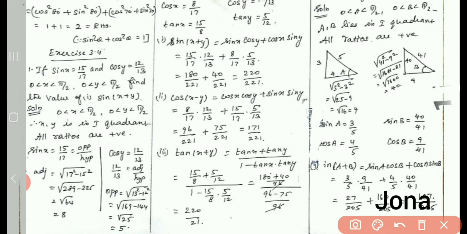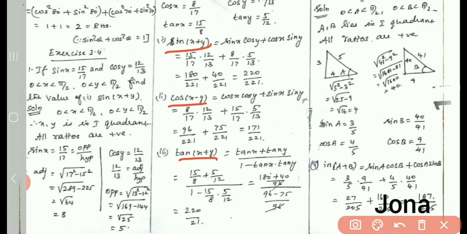Here in trigonometry, we have some identities for sin of x plus y, sin of x minus y, cos of x plus y and cos of x minus y, and tan of x plus y and tan of x minus y. Here in this problem we want to find sin of x plus y, cos of x plus y and tan of x plus y. For these three things we need some more identities. Okay, let me find those functions now.